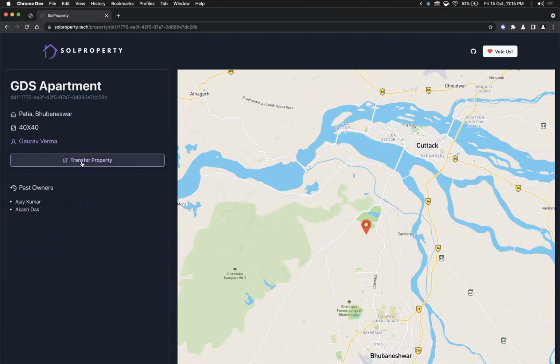So how have we used Solana in this application? We have used Solana in this application to store the property records and its ownership details. We're also using it to transfer the property between the users. Solana is a fast, low cost and scalable blockchain network. Soul Property comes under the Web3 track as the decentralization concept is being used in it. It is a tamper-proof, secure, and transparent way to manage one's properties.